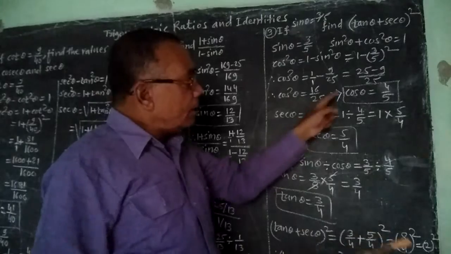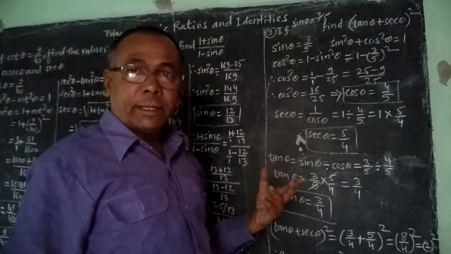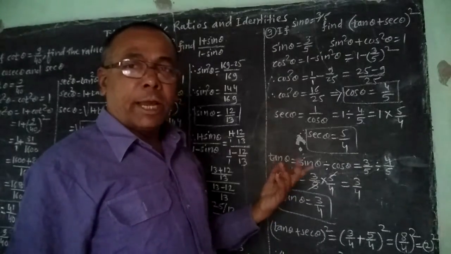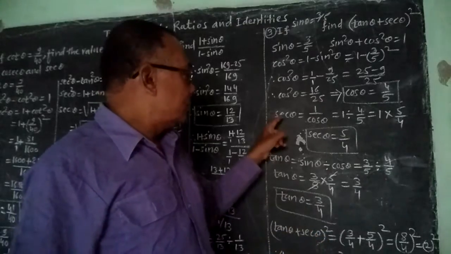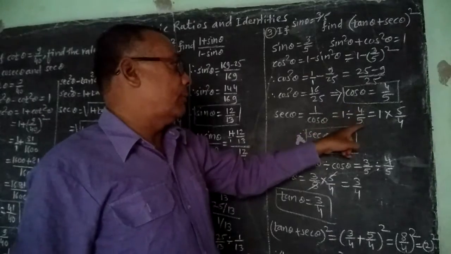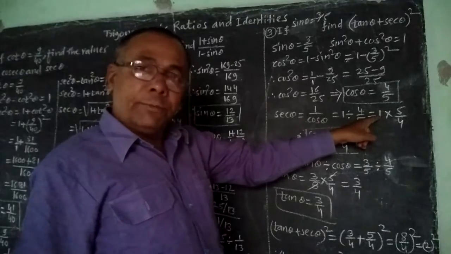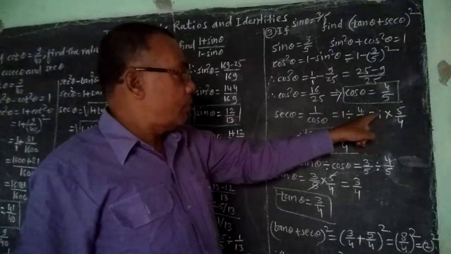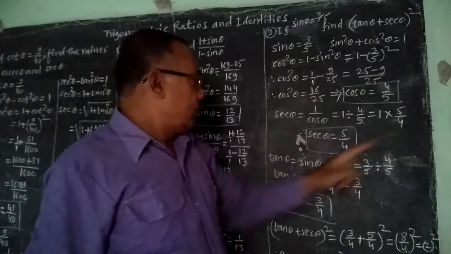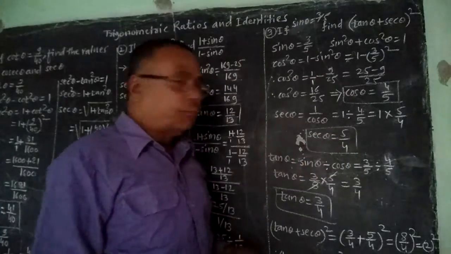Here we know that sin theta, cos theta and sec theta, they are multiplicative inverse of each other, and therefore sec theta into cos theta is equal to 1, means sec theta is equal to 1 upon cos theta, and that is equal to 1 divided by 4 upon 5, which is the value of cos theta. So division means multiplication by inverse. So 1 into inverse of 4 upon 5 is 5 upon 4. So we will get here sec theta is equal to 5 upon 4.